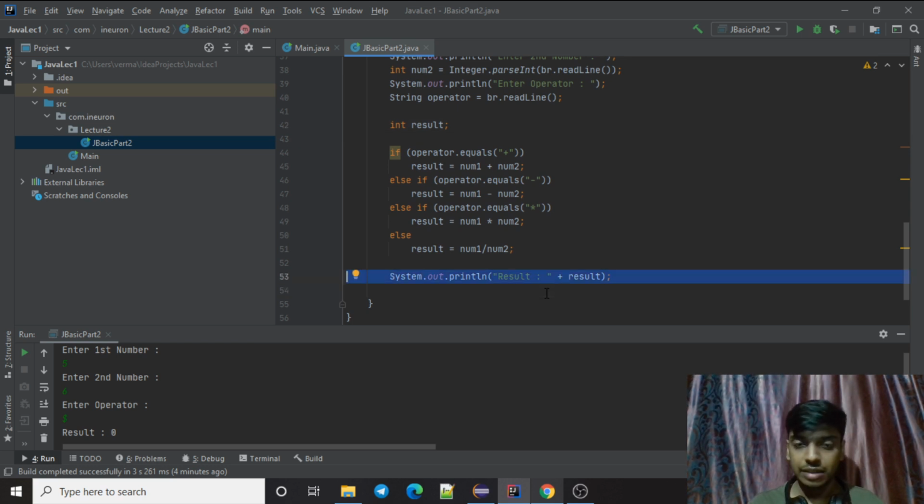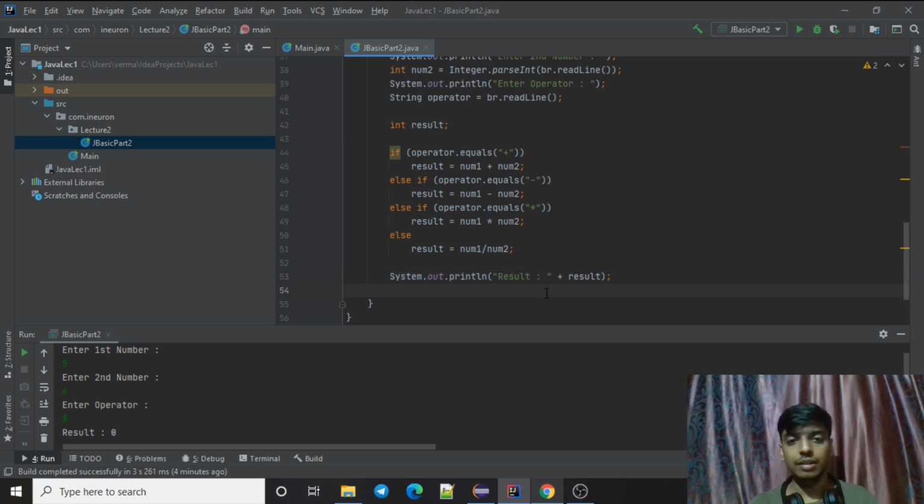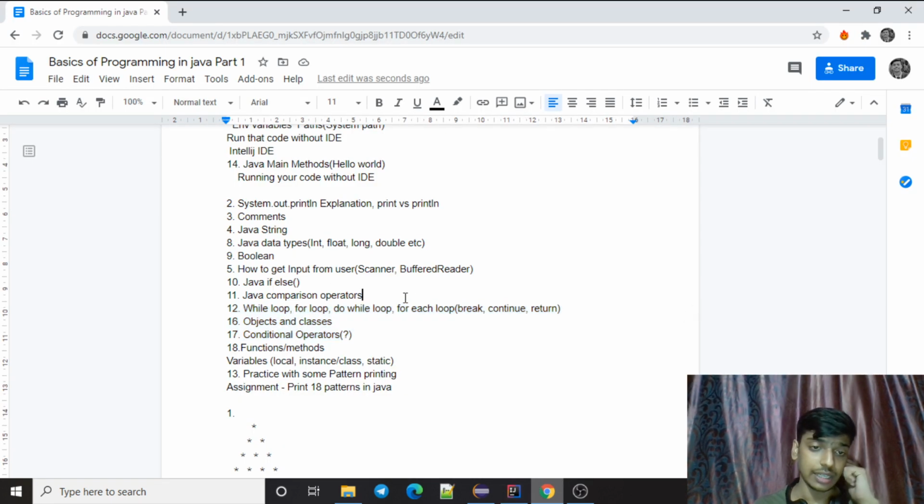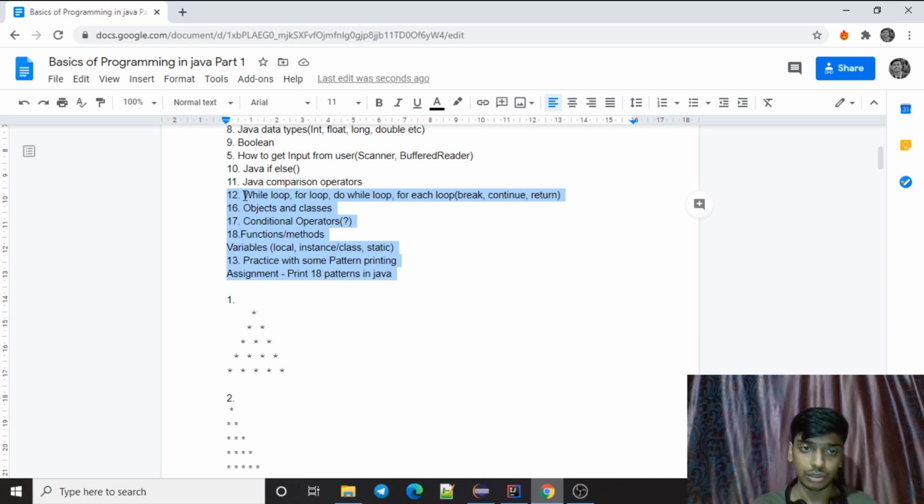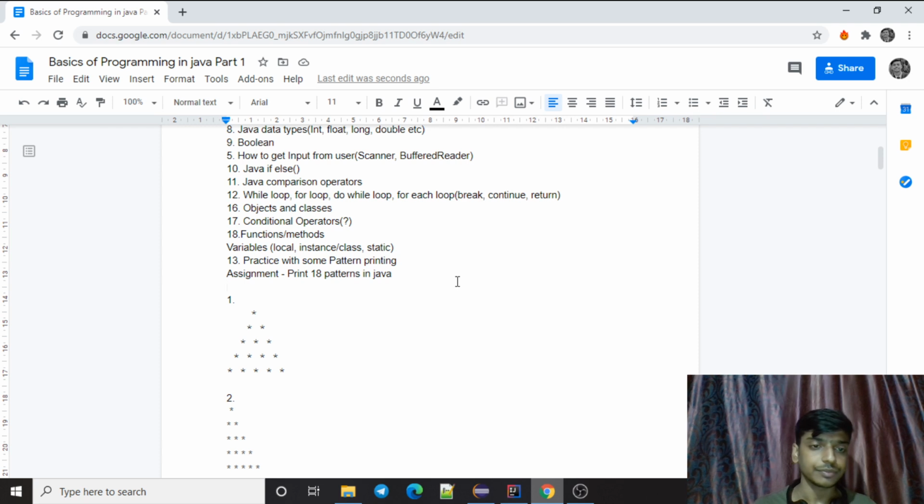I can pace it up, but that might cause issues for a few people if they were not able to understand. I think it will take at least one more session to cover the basics. I'll try to finish that in the next session. In the next session, we'll discuss the loops, objects, classes, conditional operators, all these things.